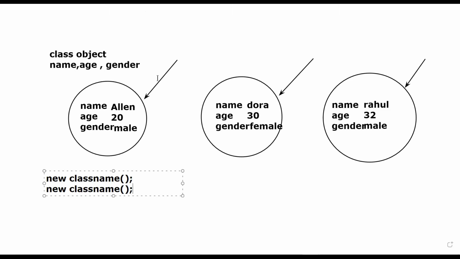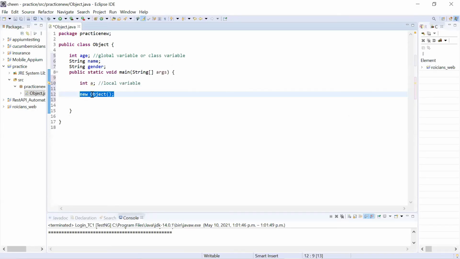If you have declared methods, then methods. If you have declared variables, then variables. Again, if I write new class name, third memory area will be created. So with this, you can create memories like this, and these memories will have all the global variables or methods inside it. So practically, if you see, when you write new object, one memory area is created.